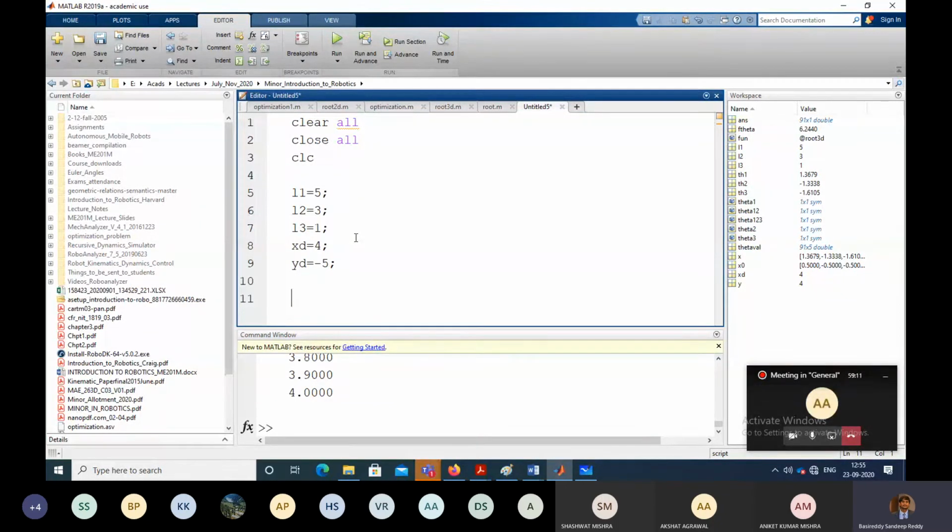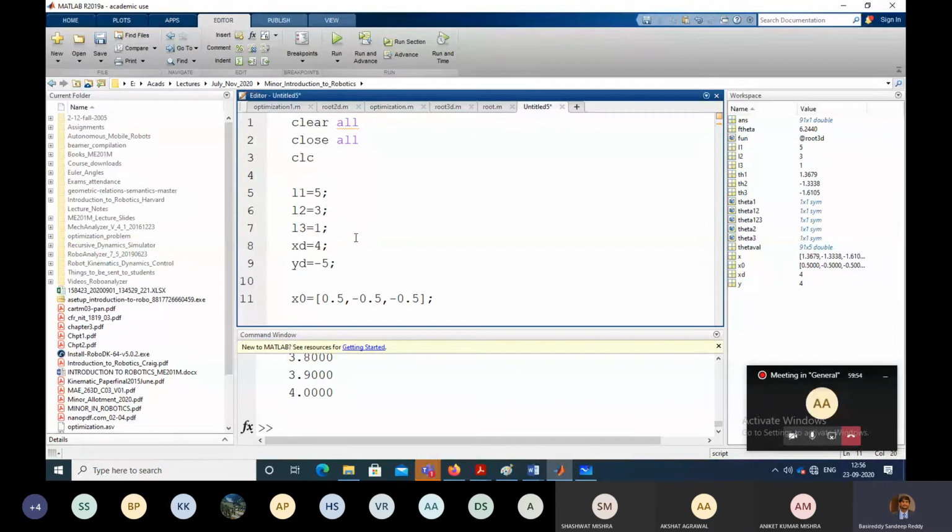In other problems you may have to take a proper guess, but in this case I'm taking the initial values to be something like this. So this is a vector comprising the initial guesses of theta 1, theta 2 and theta 3, that is 0.5, minus 0.5 and minus 0.5.